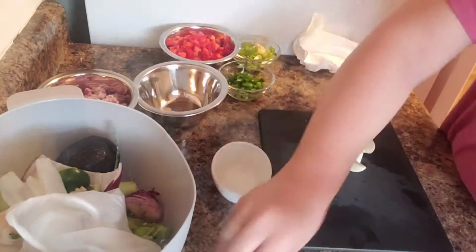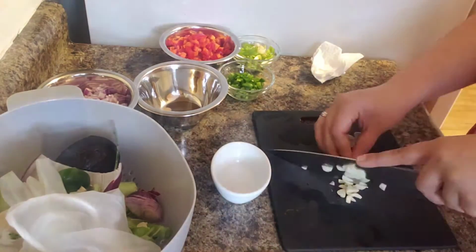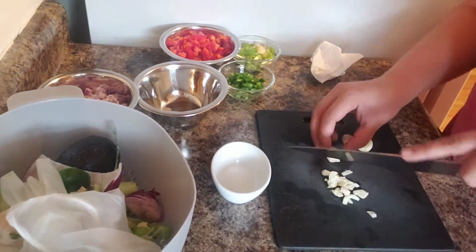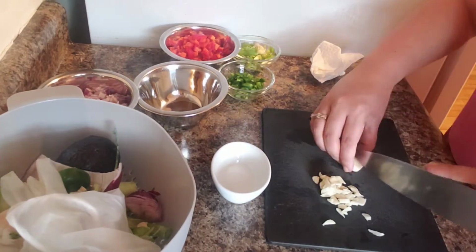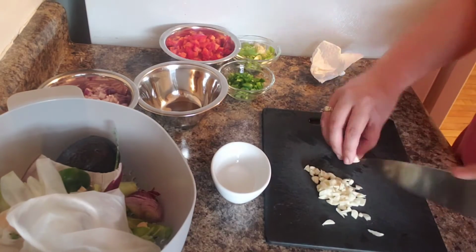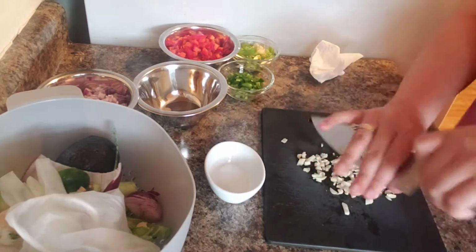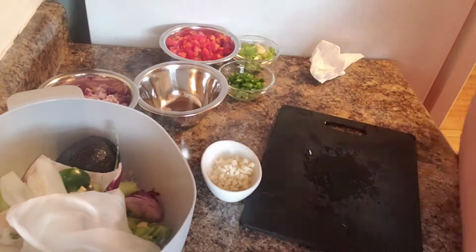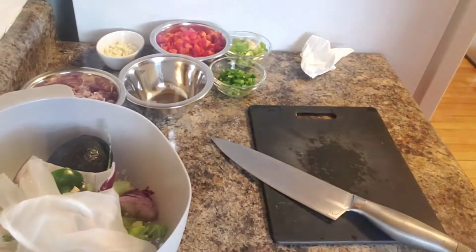My garlic. So if you want to add garlic, great. If you're not a garlic lover like I am, I would suggest using 1 or 2 cloves. I'm using 4 today. This is going to go inside of our rice along with our peppers and our celery. Now once I get that all minced up and put into a bowl, I'm going to go ahead and get